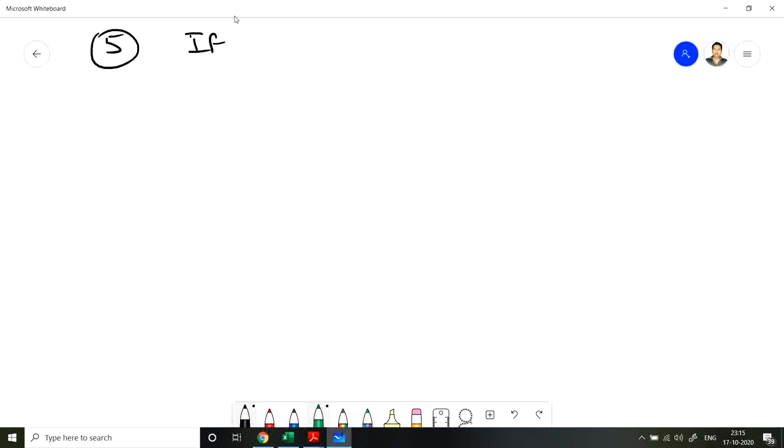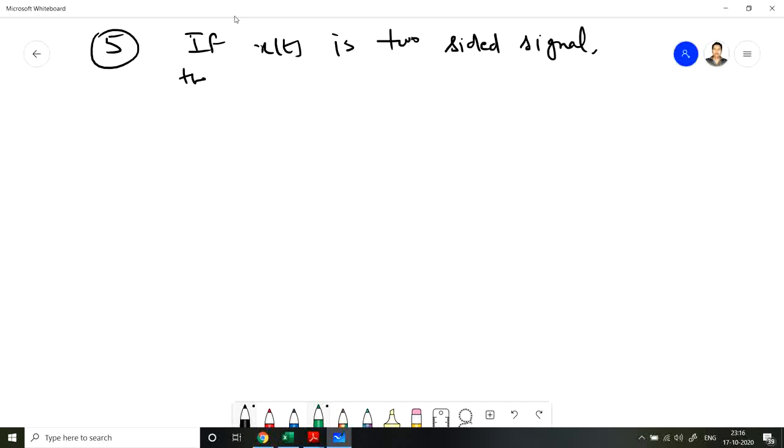Now we can see both, meaning we can see the two-sided signal. So if x(t) is a two-sided signal,